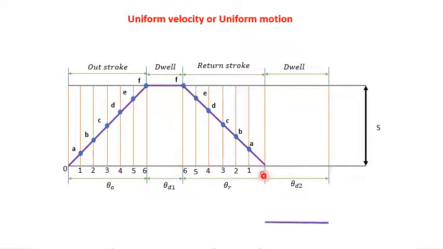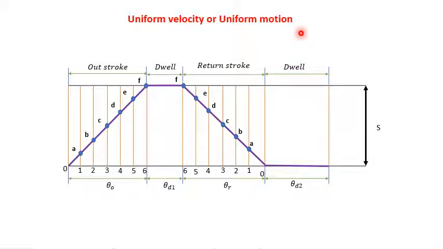So once this much is over, next last thing is we have to mark the dwell, last second dwell. So like this we have to draw. So this is the profile of a displacement diagram. Okay, so here cutting points are very important. Using these cutting points, that is 1 to A, we have to transfer the same distance to draw the cam profile. And this procedure to draw the displacement diagram varies with respect to the type of motion. This is for uniform velocity or uniform motion.